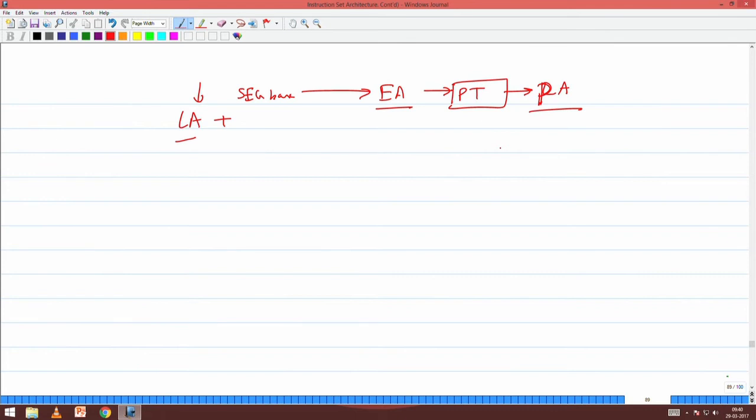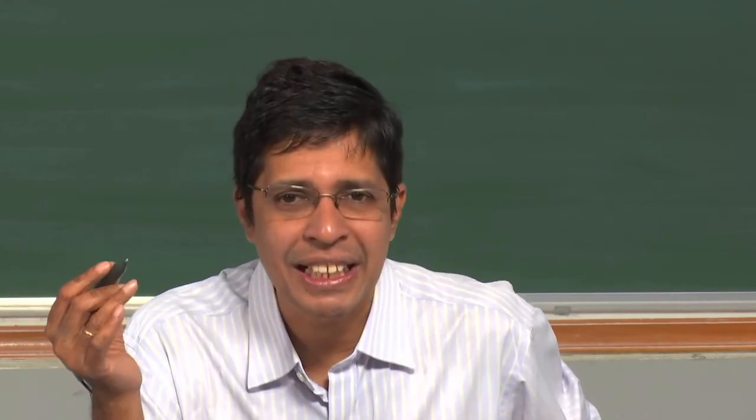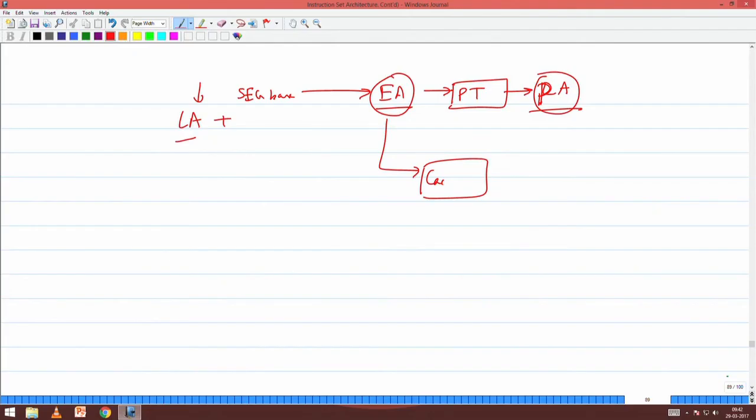Can I use the effective address? Should I use the physical? What are the advantages? While I am doing the page translation, I can also start looking at the cache if I use the effective address. The moment I get the effective address and use it for tagging and accessing the cache, I will start doing the cache access right here itself,